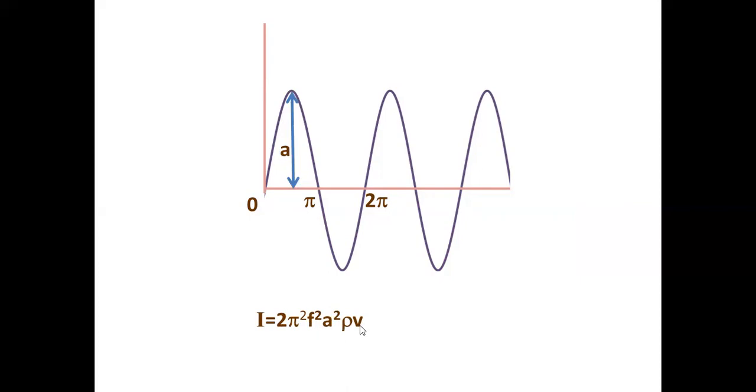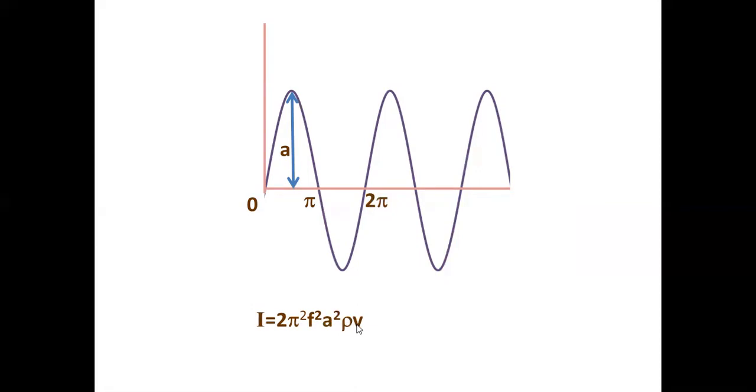For example, sound travels very fast in solids. If you keep your ear on the railway track and ask your friend to beat the railway track at the other end, you hear two sounds. Why? The one which travels through the track reaches your ears first because it travels faster. The one which travels through air takes longer to reach your ears, so that will be heard later. So you will hear two sounds. Sound travels with the highest speed in solids. So what is the velocity of that particular wave in that medium?